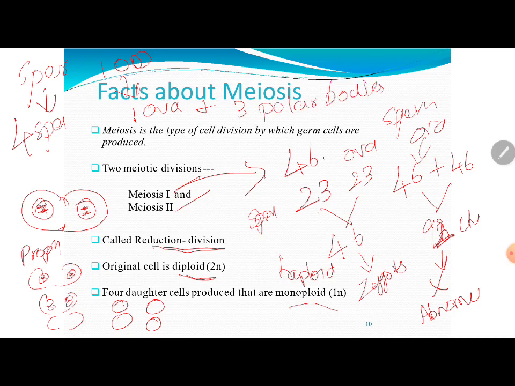Now see, the sperm's function is to be motile, right? They have a wriggling movement to cross over the vagina, reach the region where the egg is and fertilize the egg. So they have to be motile and they should not carry extra luggage. So what happens is, in the process of spermatogenesis, when you study developmental biology in detail, we can explain that next year, might be in third year. Okay, I'll just give you an insight.